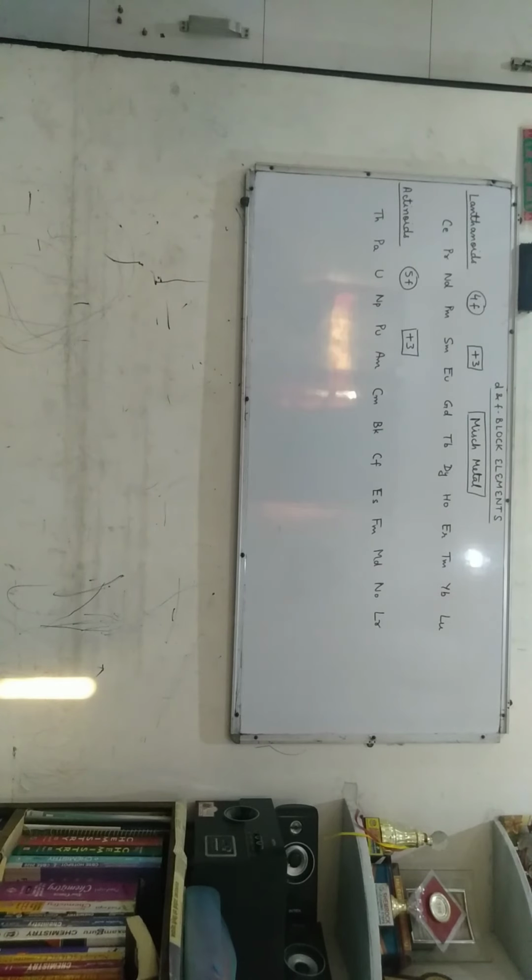Now one most important question that may generally be asked in CBSE examination is, why do actinoids exhibit a larger number of oxidation states than lanthanoids? It is because the energy gap between 5f, 6d and 7s subshells is very small. Hence all electrons present in these subshells can participate in bonding. But in lanthanoids, the energy gap between 4f and 5d subshells is large. Therefore all electrons do not participate in bonding.